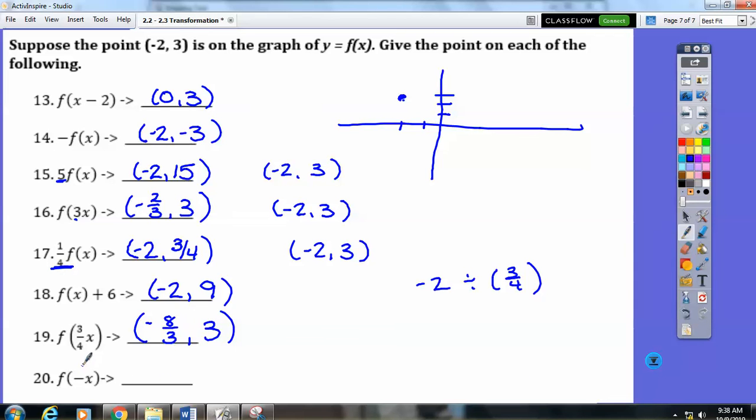20, negative on the inside. So that's saying, if you want to think about your graph, the negative on the inside flips it over the y. So we would see it goes to 2, 3. If you wanted to work from your ordered pair, if you make your x a negative, if it's -2, the opposite of that becomes